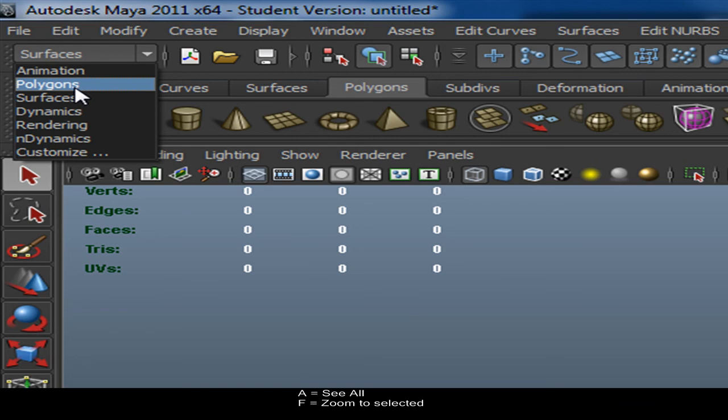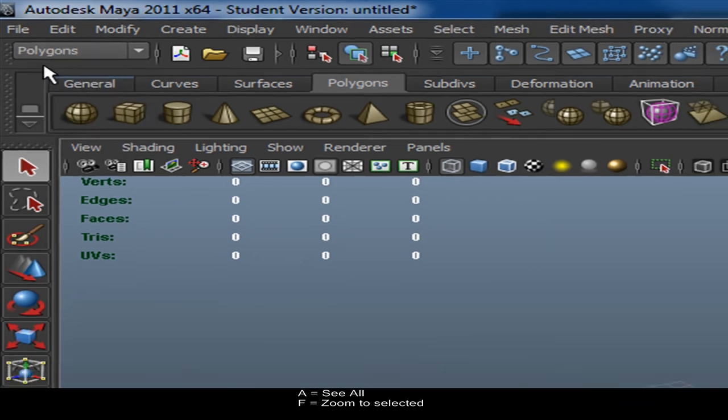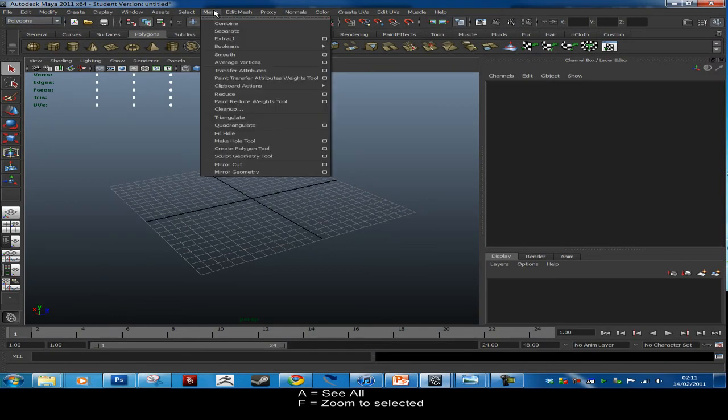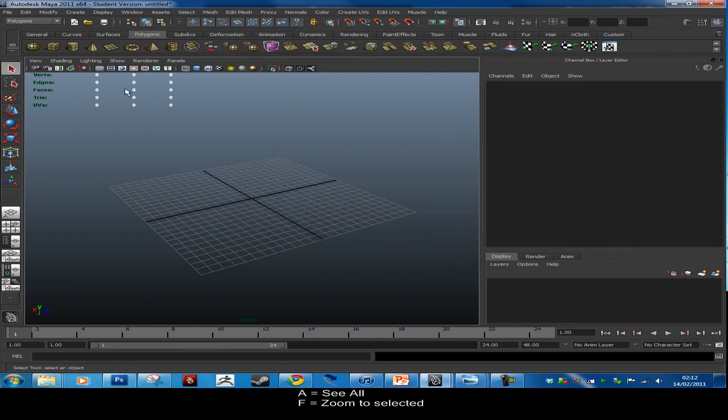Okay, so for most of this tutorial, actually for all of this tutorial, we'll be using polygon. Make sure this is set to polygon, because we're going to need to use mesh and edit mesh, these two menus, a lot. Okay, so